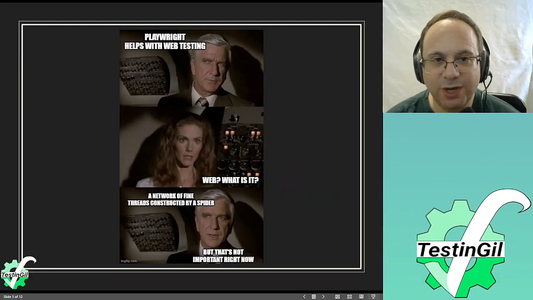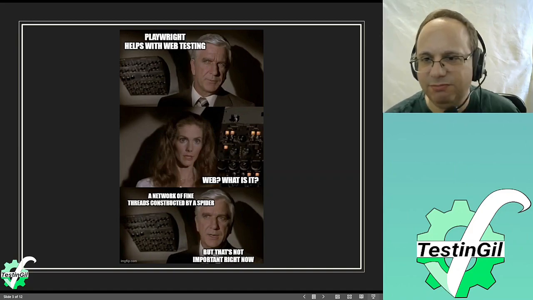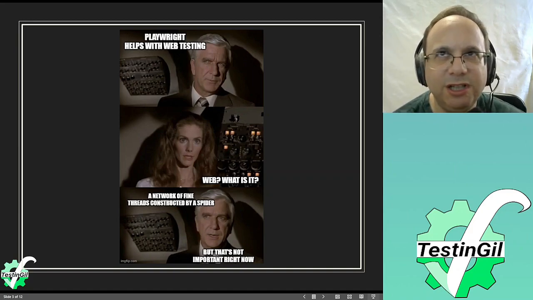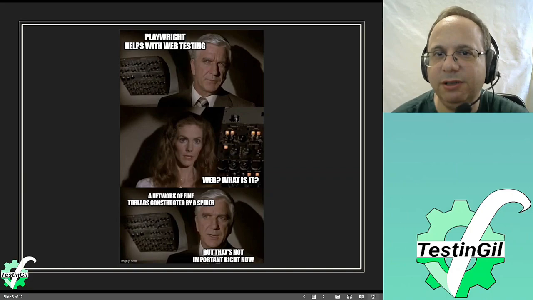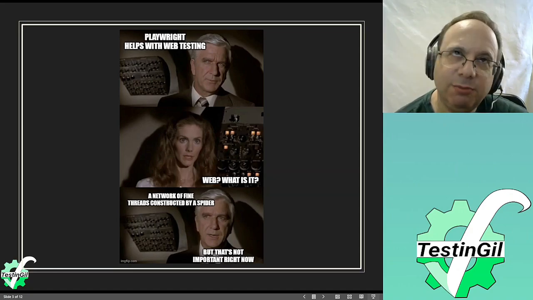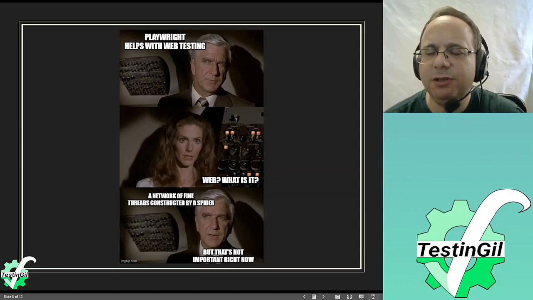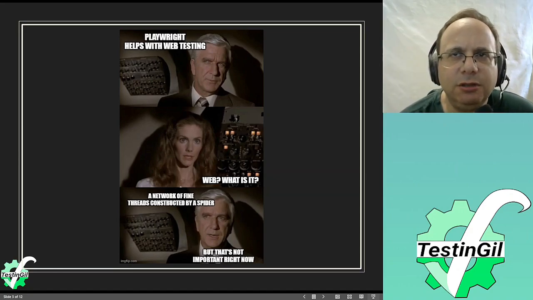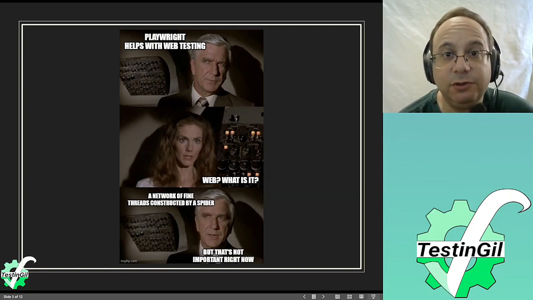Let's start. So what is Playwright? Playwright started out as another project called Puppeteer in Google. Somehow, something involving money, Microsoft got the people who worked on Puppeteer and brought them to Microsoft. Puppeteer was supposed to be an automation tool, a better automation tool for browsers, and they did a very good job apparently.